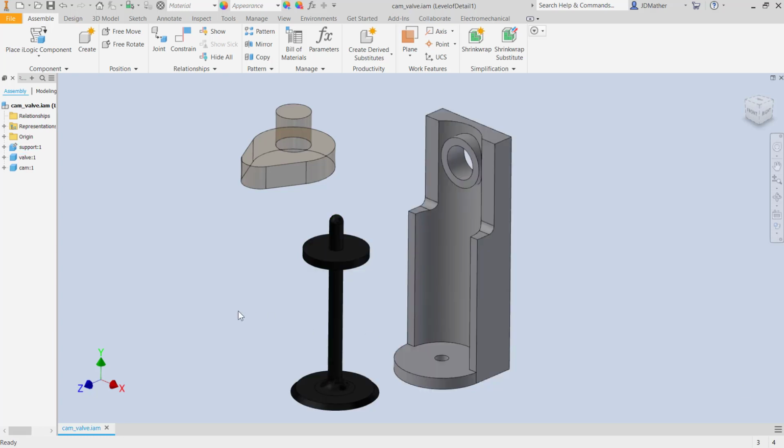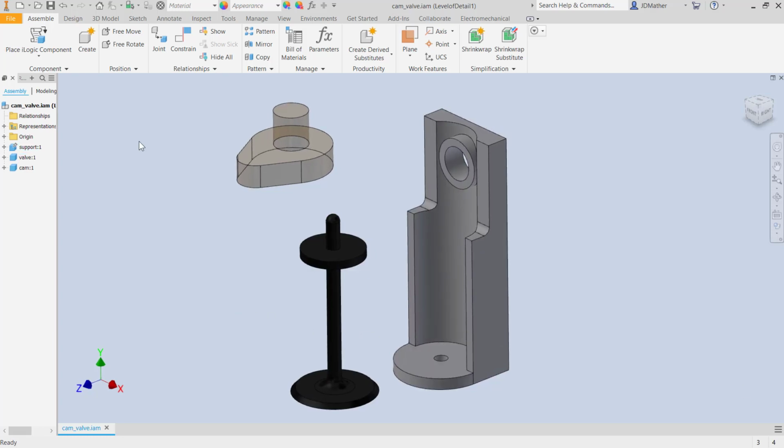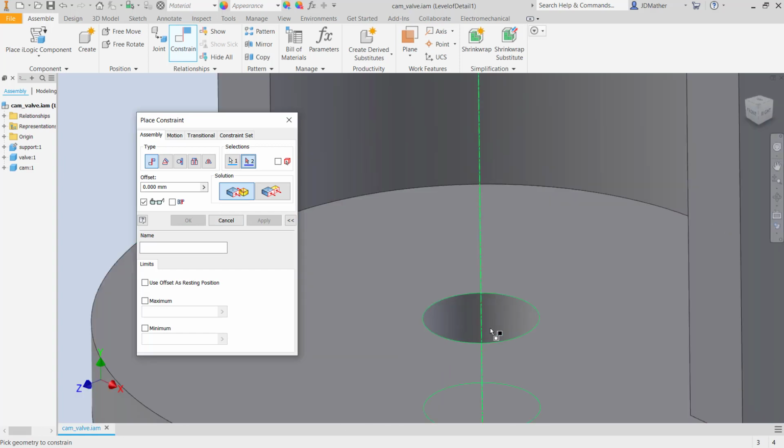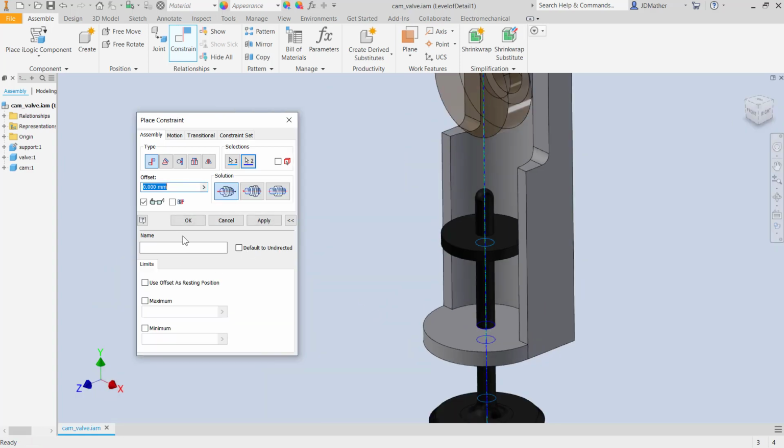Start case number 12. We will first insert these parts, so I'll do constrain and I'll select insert. I'll select this circle and I'll select this circle back there. Of course I want this on the other side, so I'll flip that around, and then I'm going to do mate. So I'll select mate, I'll select this axis, and I'll select the axis of this hole, and I'll say